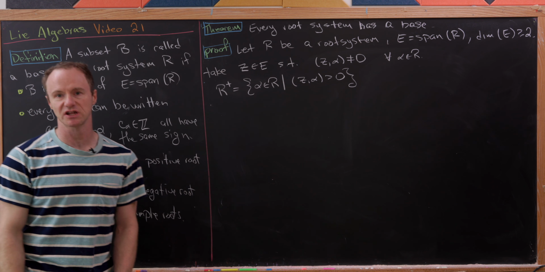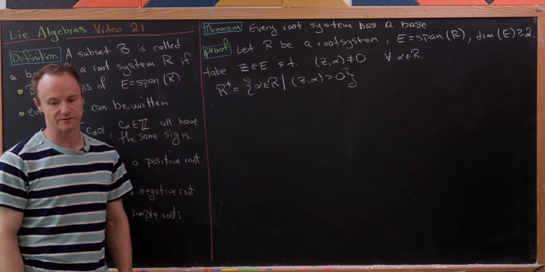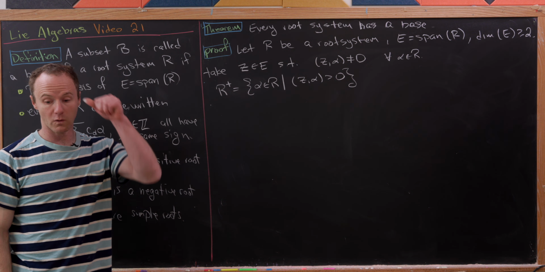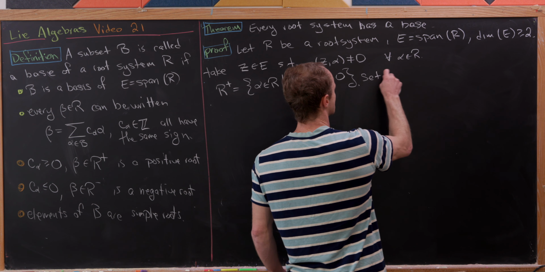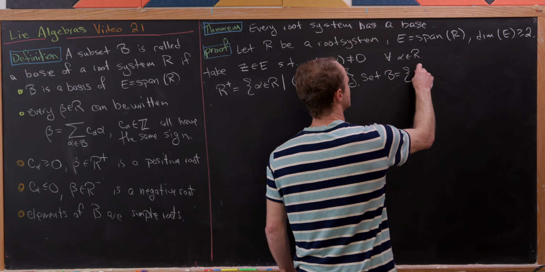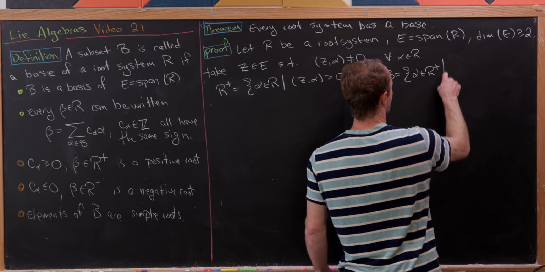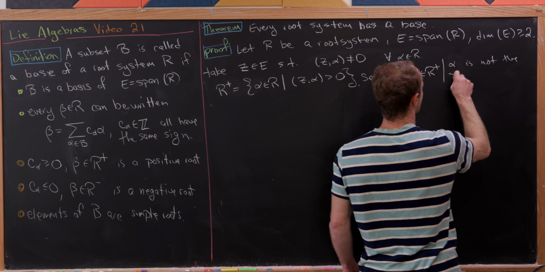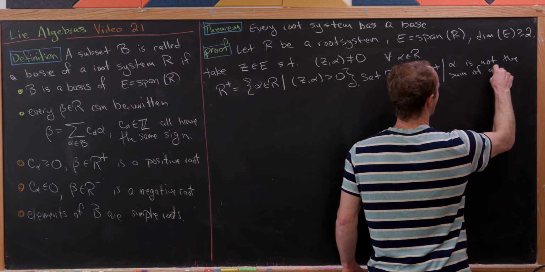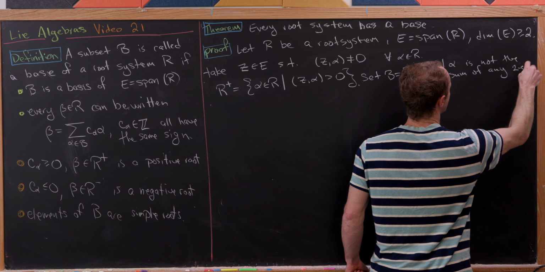So this is going to eventually play the role of the positive roots. And now what we'd like to do is build a basis out of this. So let's set B equal to the alpha in R plus such that alpha is not the sum of any two